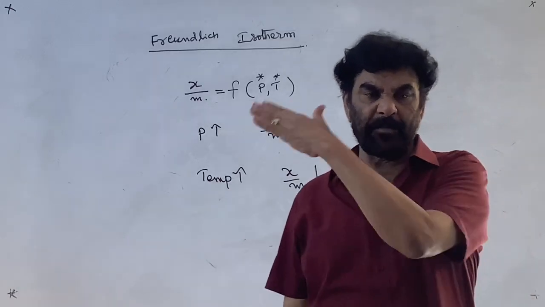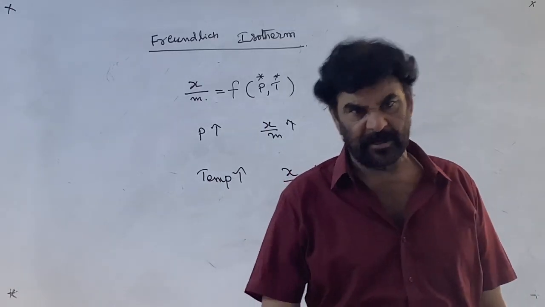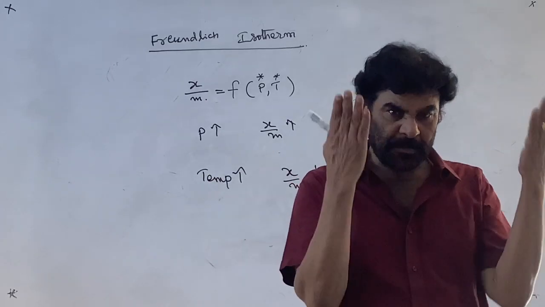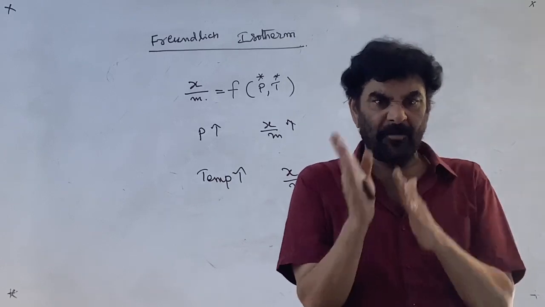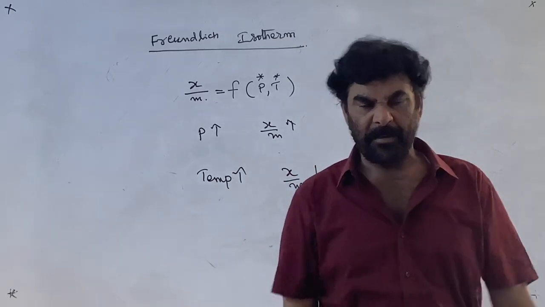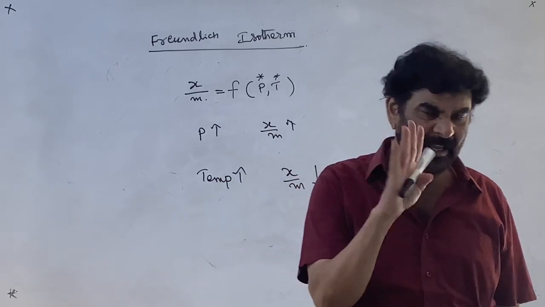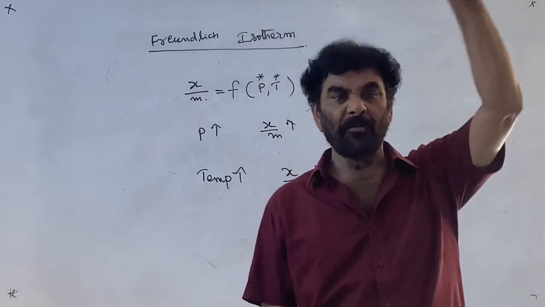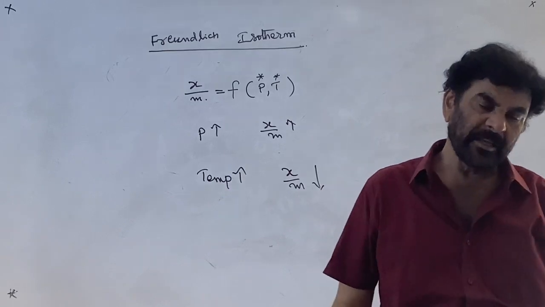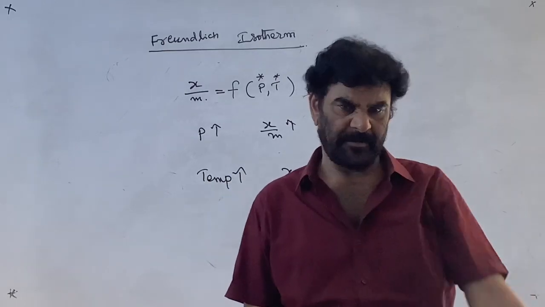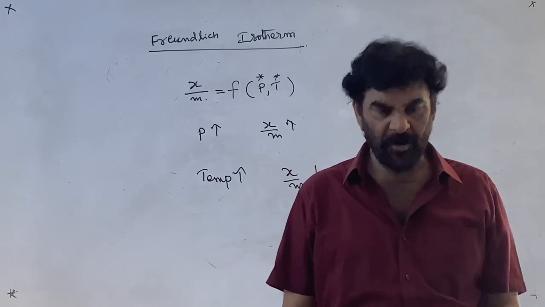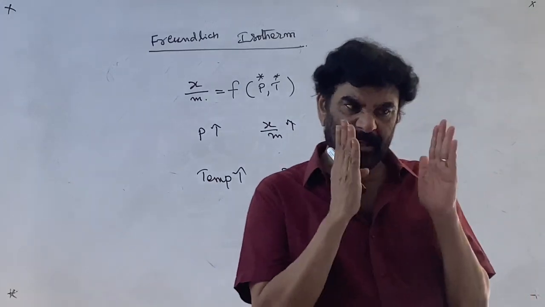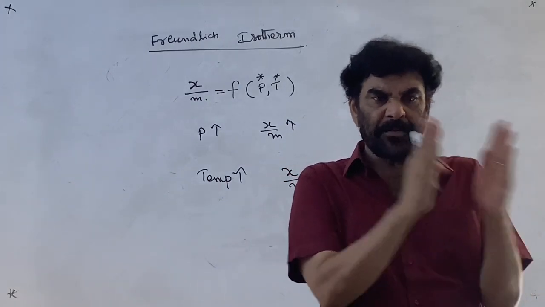P is inversely proportional to volume, PV equals constant, Boyle's law. It is an experimental observation. Boyle experimentally found that pressure and volume are inversely related and the PV product is constant. But he did not explain why pressure and volume are inversely proportional, why the volume of the gas decreases when the pressure is increased. Similarly, Charles said this, with no theory support.